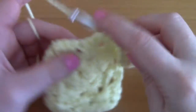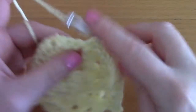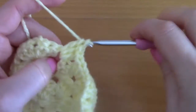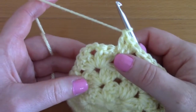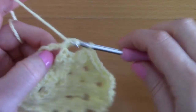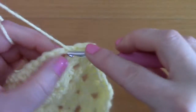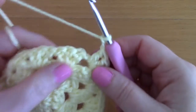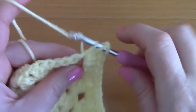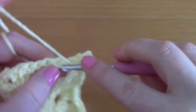and another cluster of 3 double crochets, 1, 2 and 3, and go into the corner space and place 3 double crochets, 1, 2, 3, chain 2, 1 and 2, and go back with 3 double crochets, 1, 2 and 3,